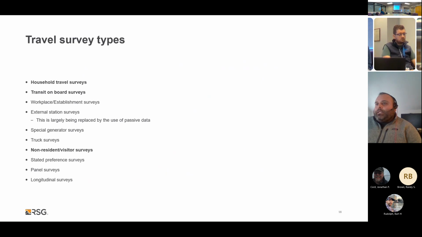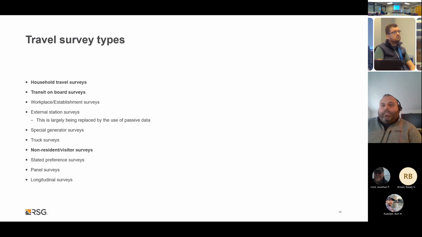So household travel survey or travel survey types, there's actually several different types of household travel surveys out there. I think the two most familiar, and I highlighted them in bold here, are traditional household travel behavior surveys and transit onboard surveys. Those are really the backbone, the ones that we see executed consistently in regions, and it's also what AMATS is familiar with, but there are also other types of surveys that exist.